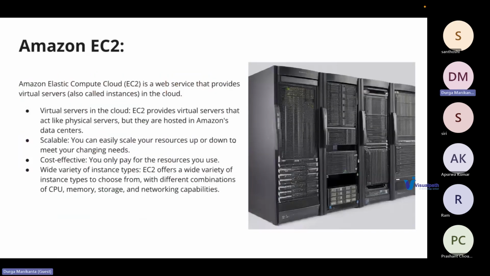So I'll just bring up what an EC2 instance is in today's class. An EC2 instance is nothing but a virtual machine. You can simply think of it as a virtual machine which has some CPU, memory, and storage allocated to it, and you can simply create that VM and start using it.